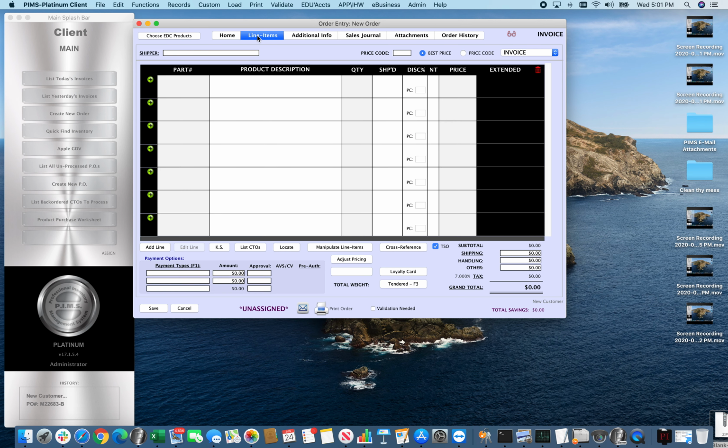Then we can move over to line items, and you'll want to start by either clicking Add Line in the lower left or pressing Enter on your keyboard to create a new line. From here, you can scan in with a barcode scanner. You could scan your product's UPC or part number, or you could type in the part number. In this case, I'm going to go ahead and sell a MacBook Pro,